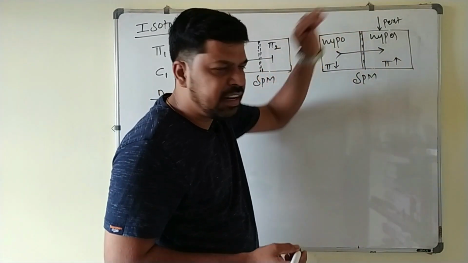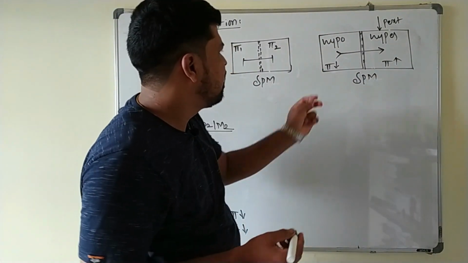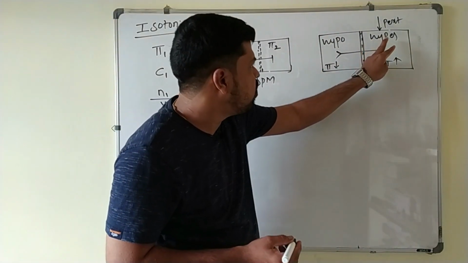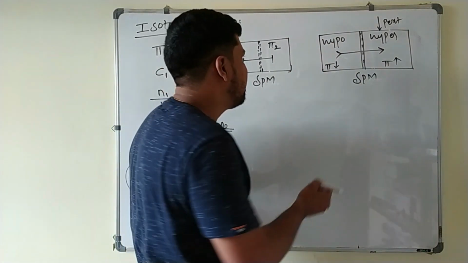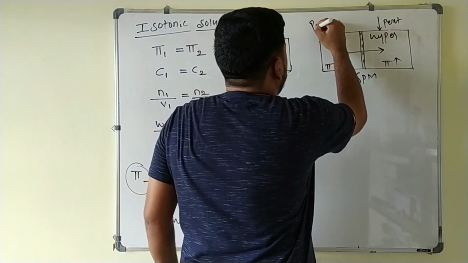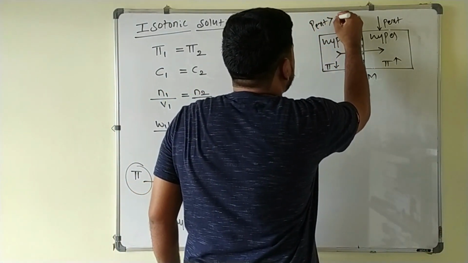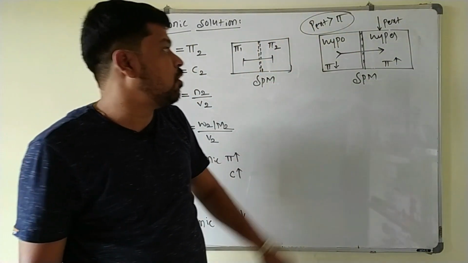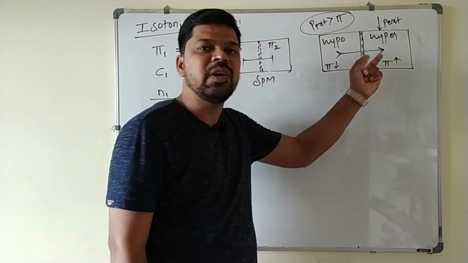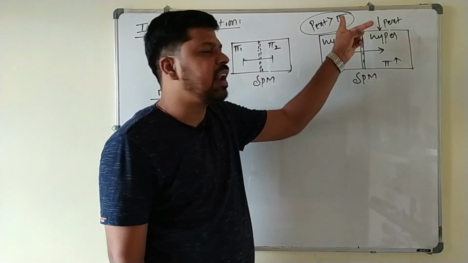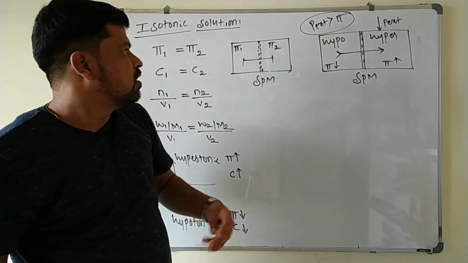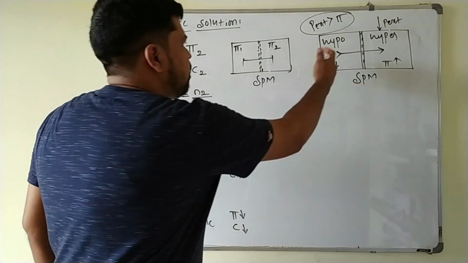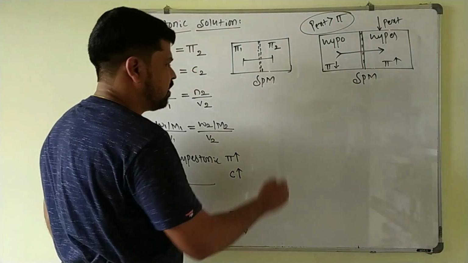Again the external pressure is increased. Then what happens? The movement of solvent molecule takes place from hyper to the hypo here. If an external pressure which is greater than osmotic pressure is applied, then the movement of solvent molecule takes place from hyper to hypo. Reverse you have to write here. So in this way also they can ask the questions here. So the next point is, we will write example for hypo and hyper.